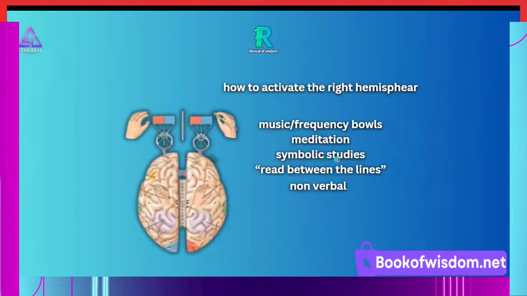How to activate the right hemisphere of the brain? Well, it's all to do with non-verbal things. So music will activate the right hemisphere. Make sure it's tuned to the right frequency though. 432 hertz, 528 hertz. Any frequency that adds up to 3, 6, or 9 is good for you. Meditation, turning off the thoughts, and you raise yourself to the higher brain. Symbolism. Symbolism is all right hemisphere. Reading between the lines, metaphors, interpreting the Bible, it's all right hemisphere. Seeing the bigger picture is reading between the lines.